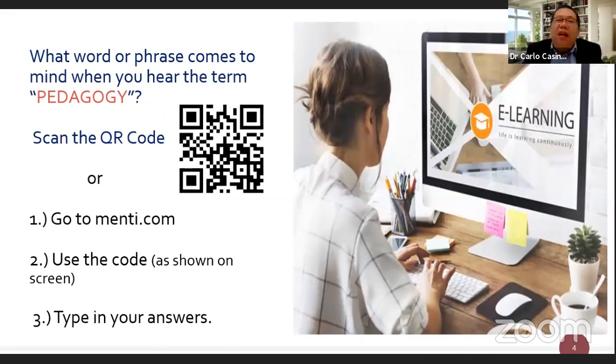So to start with, let's have the appetizer for the day. Here's a word cloud activity using Mentimeter. I know you are familiar with this application. This is a free application that you can use for your class, for a warming up activity, or those activities that arouse your students' interest, or that can stimulate activation of prior knowledge and